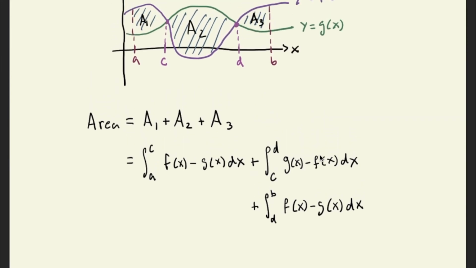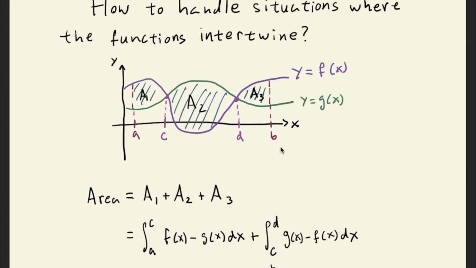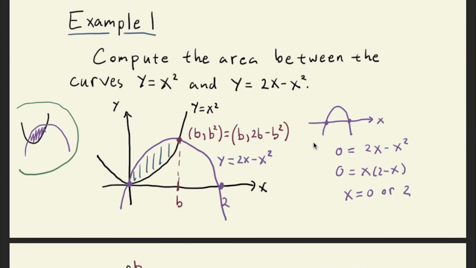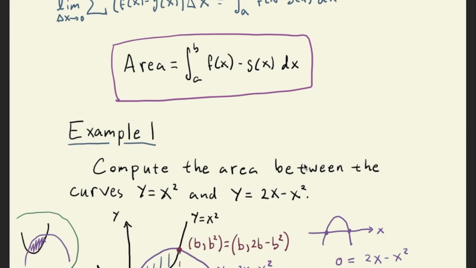Okay, so you just have to be careful when you apply our formula for area. Let me go up. I gave you this formula: the area between the two curves is integral of f of x minus g of x. This always has to be the function on top, and this has to be the function in the bottom, right? So this inequality here is important. I said that for x in this interval, f was always on top, g was always in the bottom. Right? That forces this to be positive, as I said. Okay, so